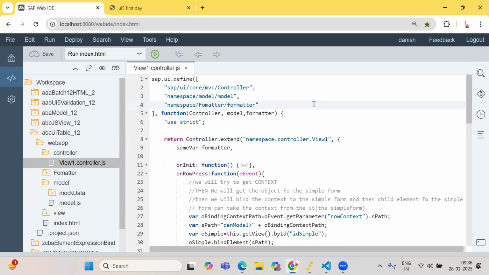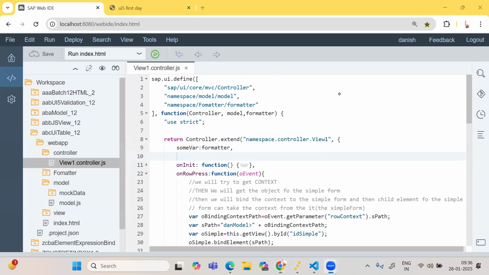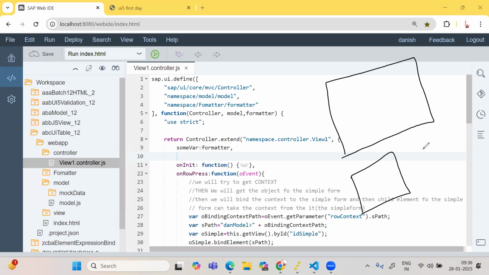Fine. So we are over here right now, and we'll make a base controller. As I was telling, how to work with a base controller is that we can use some kind of an annotation right now to explain things. So let's say this is my base controller. This is my view1 controller, view2 controller. So this is my view2. This is my view1 controller. This is my base controller